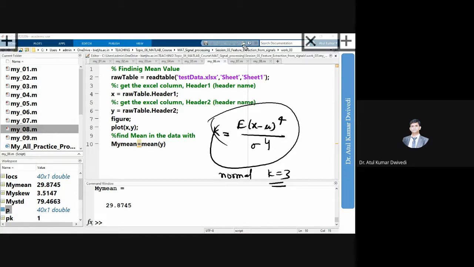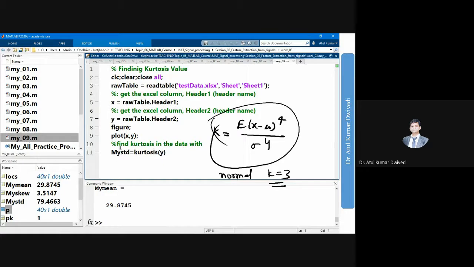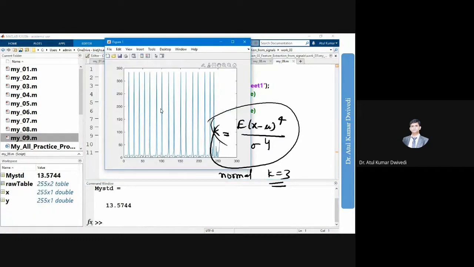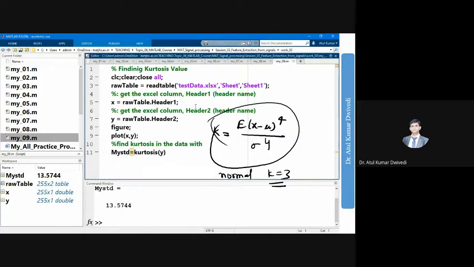Okay, so how is it calculated? In MATLAB there is a standard command for kurtosis. You can just write kurtosis with the data points, whatever data points are there. Then you can execute this, and you can see that kurtosis is